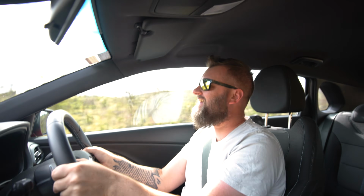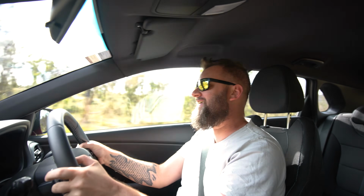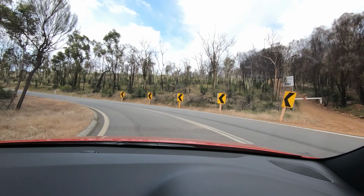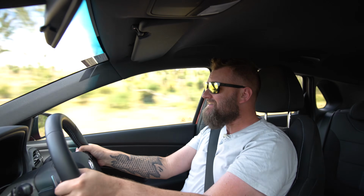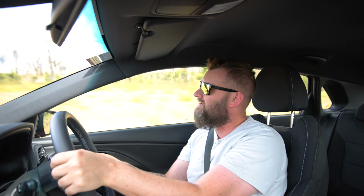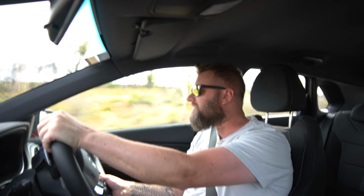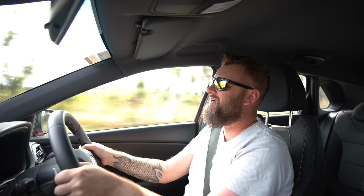Oh my God. And then brake hard. Third, second. This one's a bit tight with my drinks bottle going everywhere. Keep the power in, power out, shift. The steering is just there. Brakes are there. Go to third, go to second. On the limiter. Oh, we're losing traction a little bit. Oh my god,